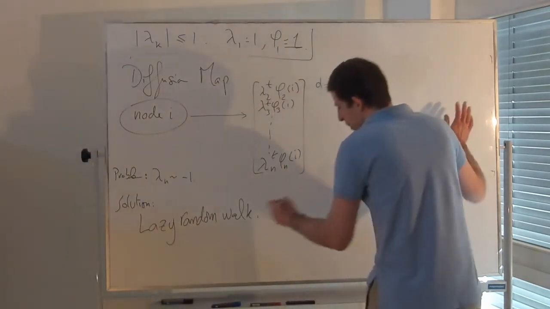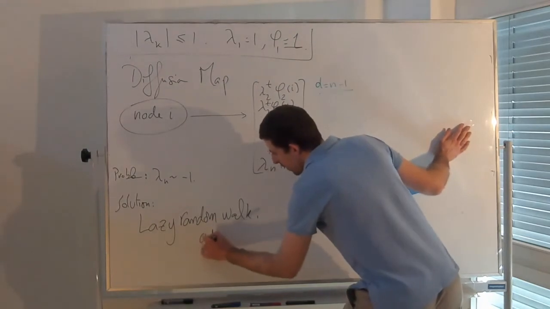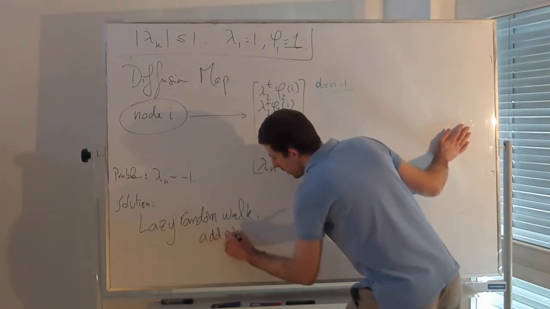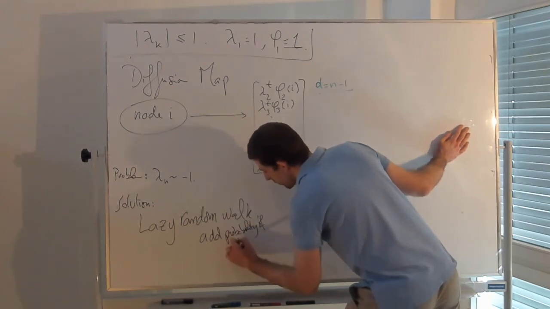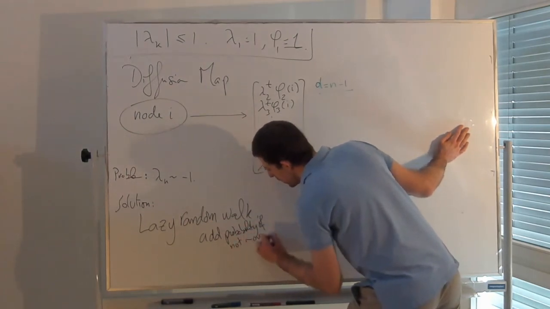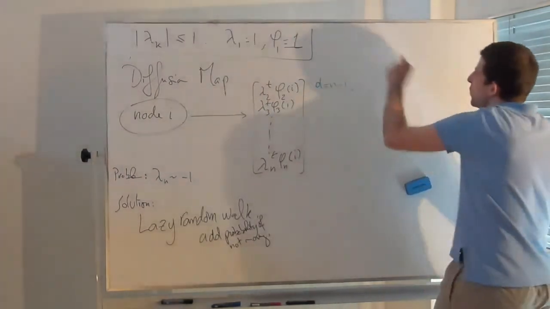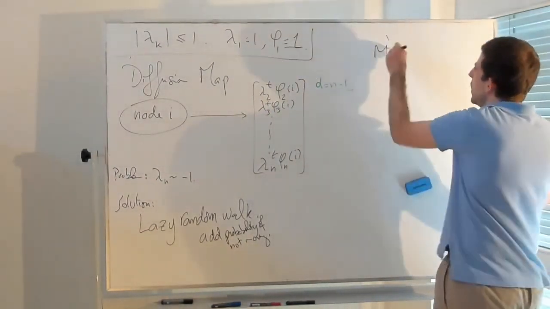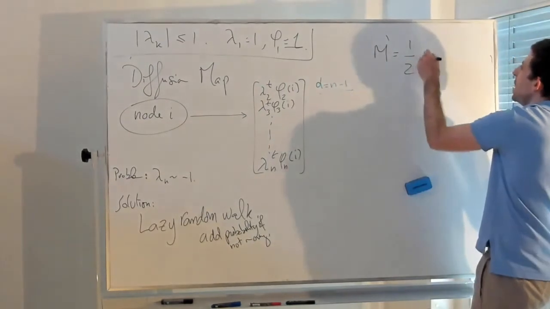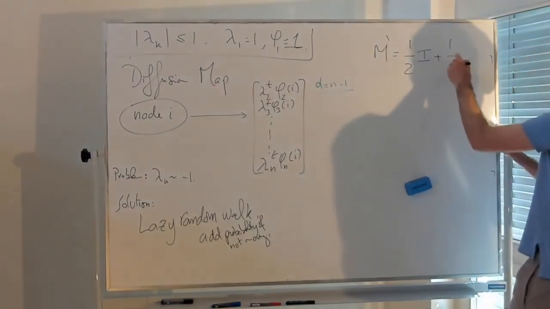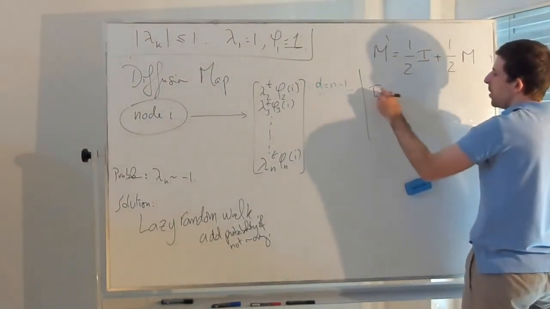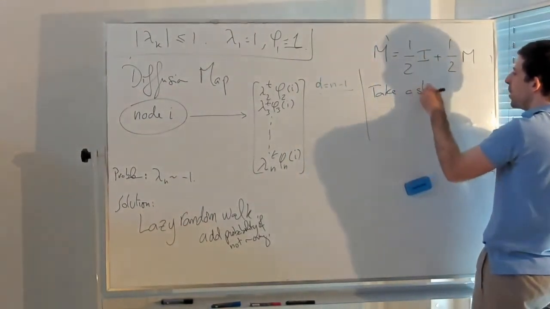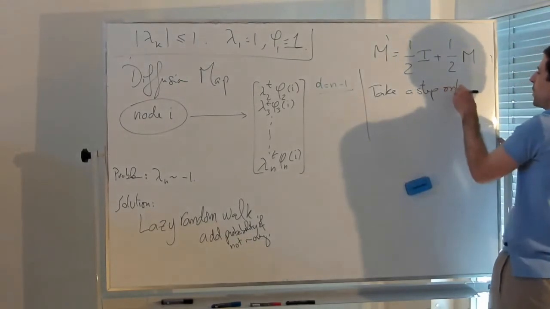So the idea being to add probability of not moving. One potential way of doing this is you just take a new M prime to be, say, half identity plus half M. So now you're saying take a step only with probability